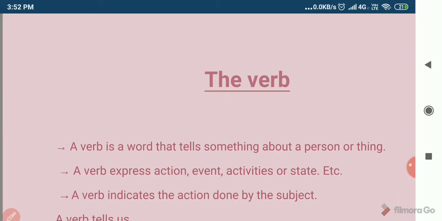Hello student, in this lecture we are going to study a lesson, the verb. What is a verb? The verb makes a sentence meaningful. What does it mean? The word verb